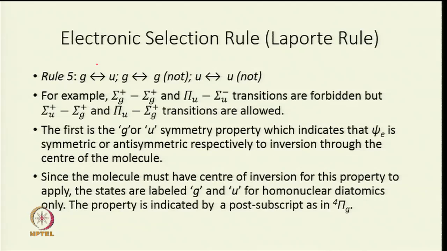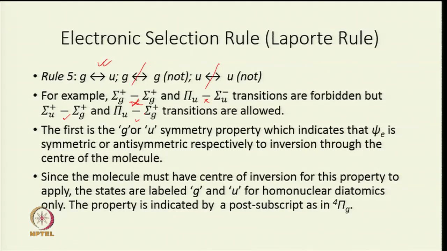What it says is G to U is allowed, G to G is not allowed, and U to U is not allowed. What does that mean? Sigma g plus to sigma g plus is not allowed because G to G is not allowed, only G to U is allowed. So this is not allowed, this is not allowed, but this is allowed and this is allowed. So these transitions are allowed,